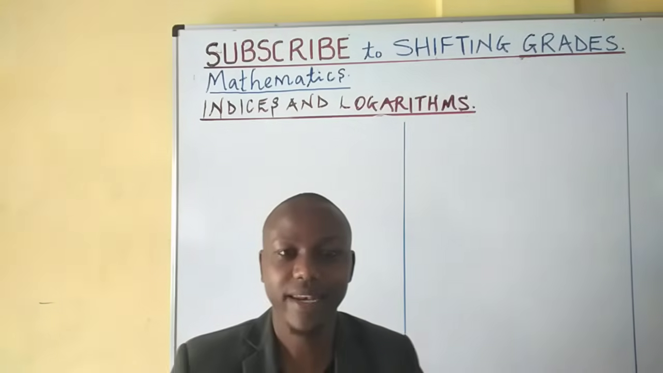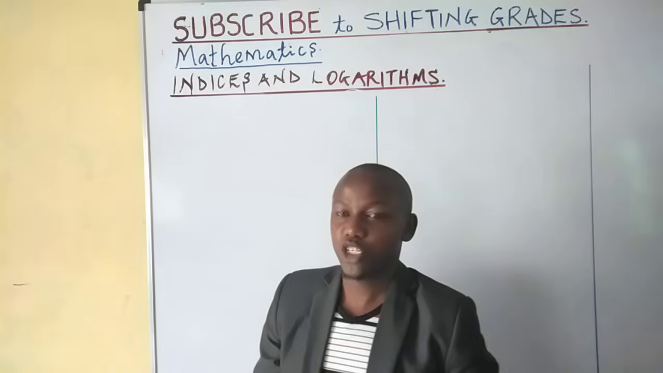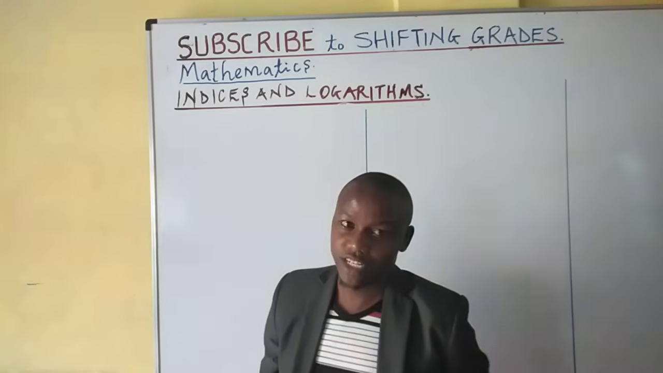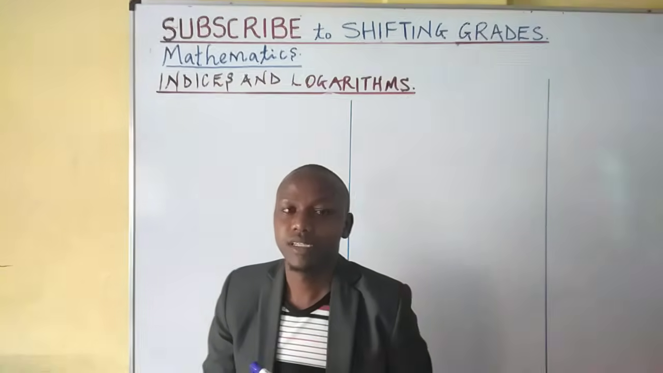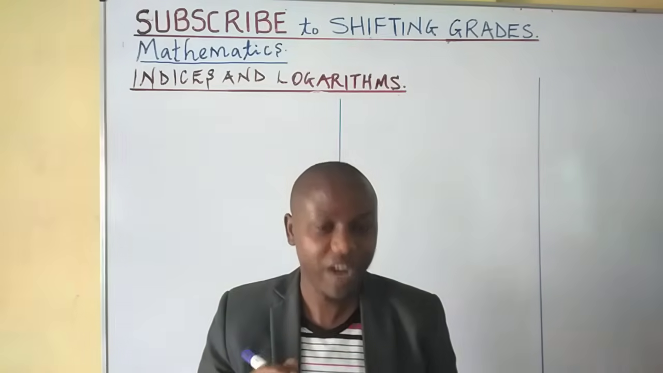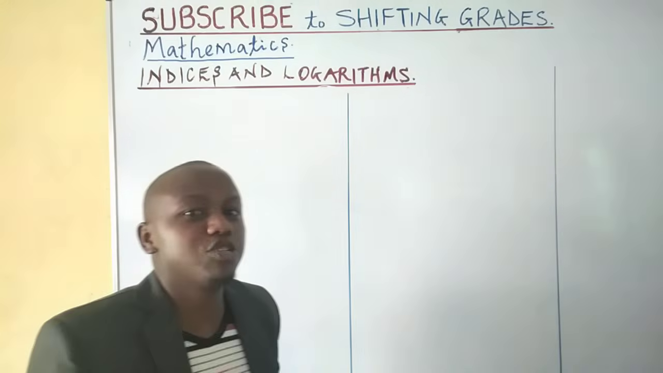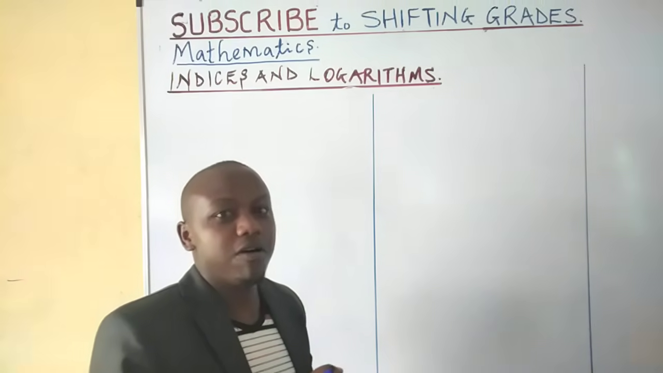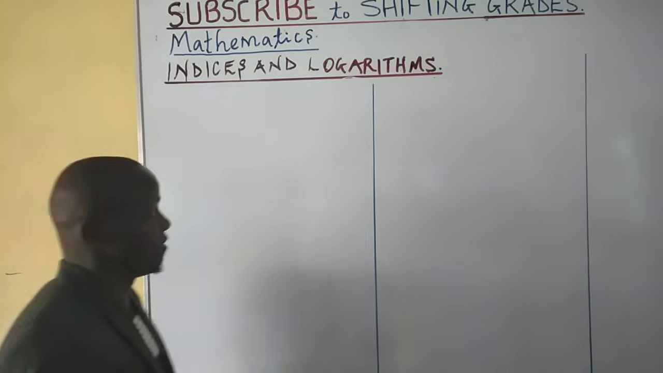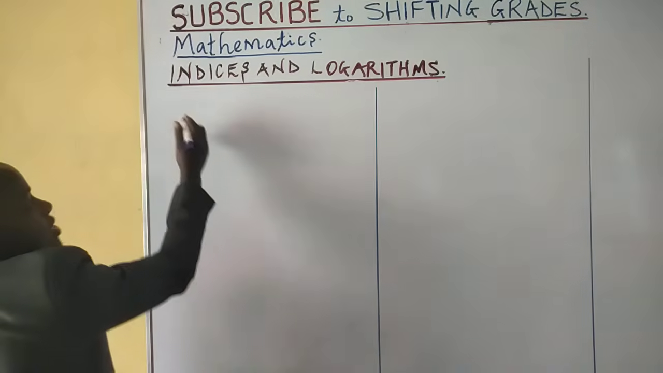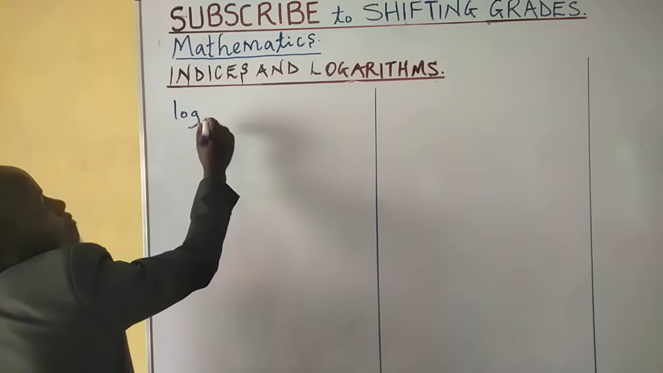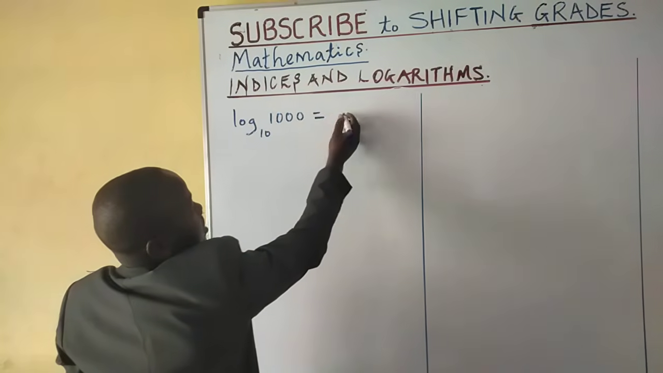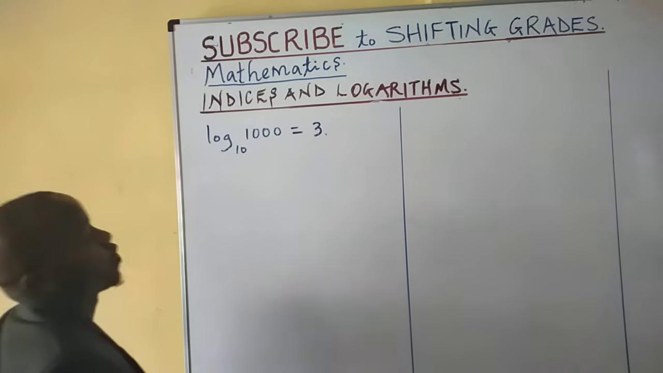Welcome to the next subtopic of our topic, indices and logarithms. It is important to note that indices and logarithms are very much related, and therefore I would like to give the relationship between indices and logarithms before I go to logarithms themselves. It is good to know that when we say the logarithm of a number like 1000 to base 10 is equal to 3, we mean that